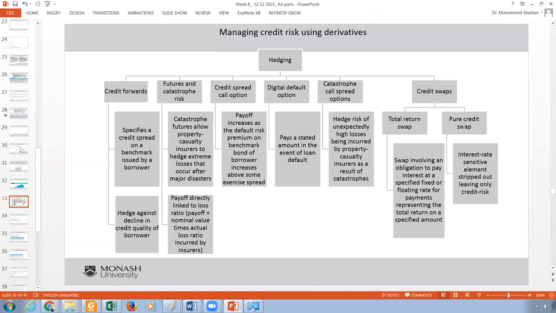The pure credit swaps, they take the interest rates away and leave you with the credit risk, which is the principal value of the loan. So the sensitivity, they take it away. They just talk about the credit risk, which means they will not deal with the changes in the interest rate,